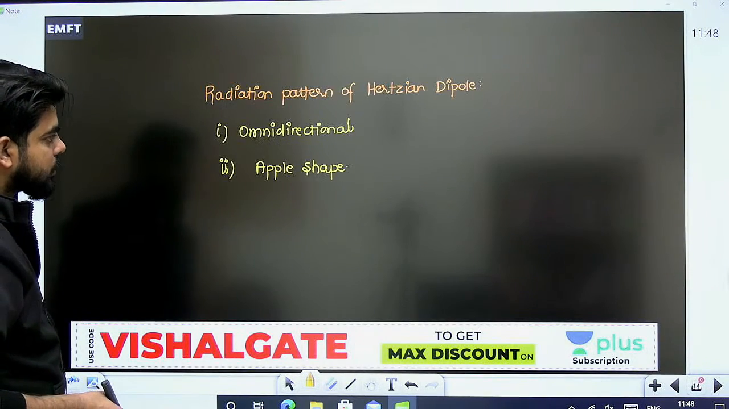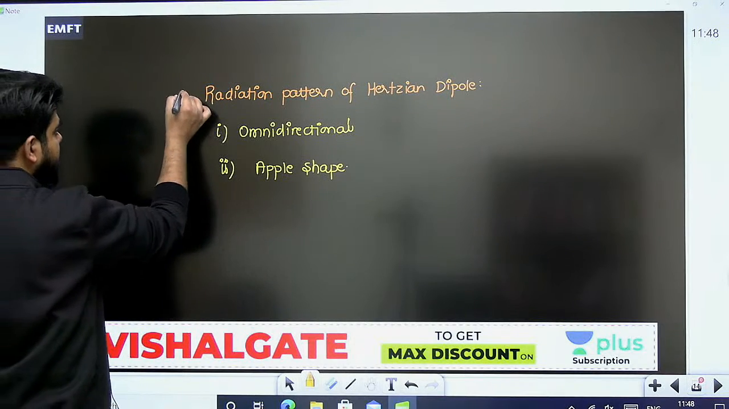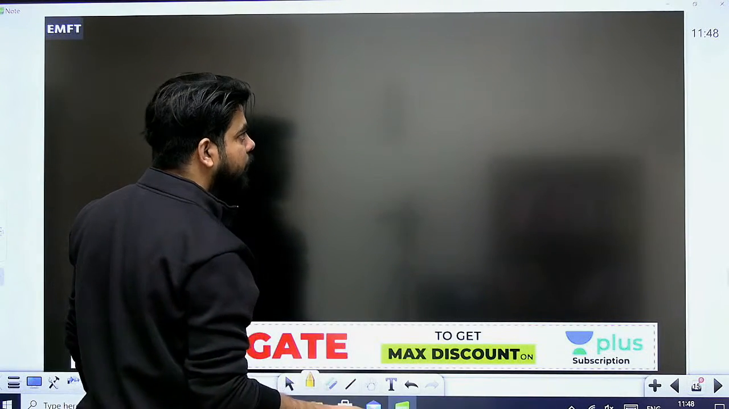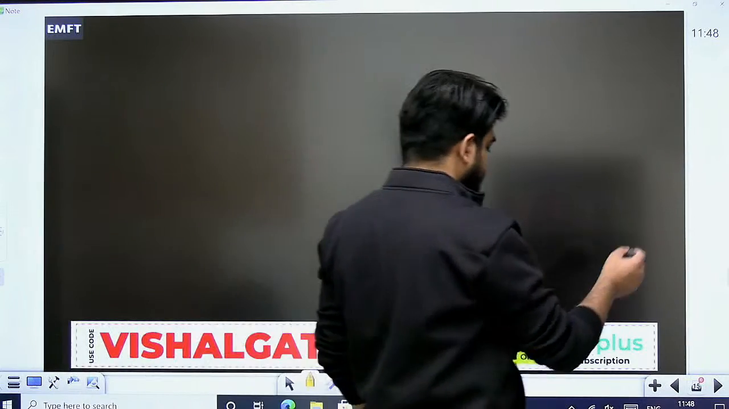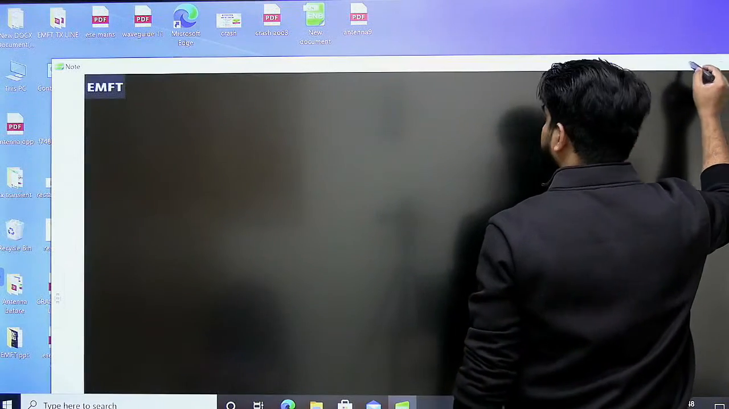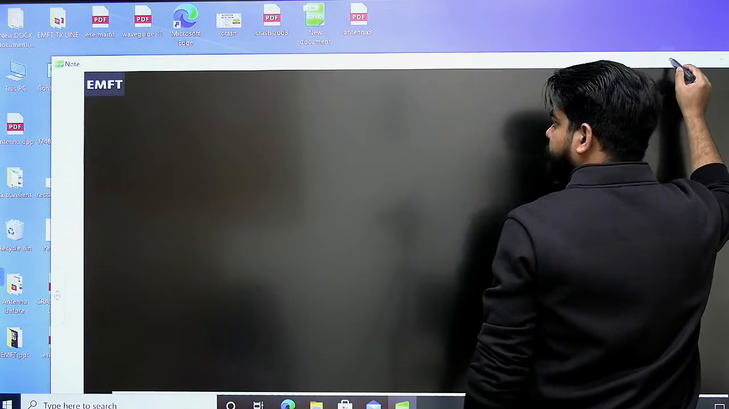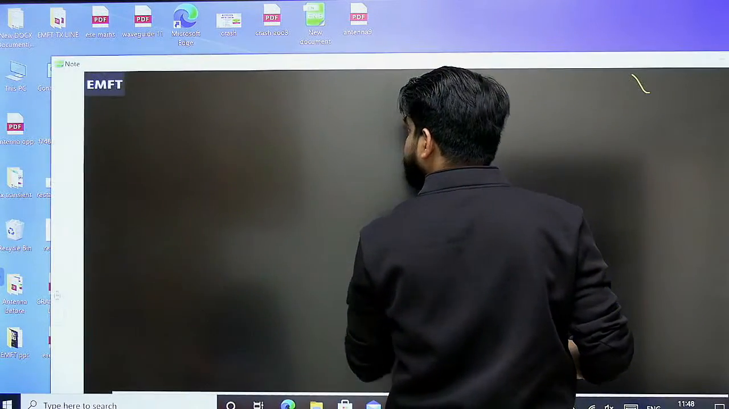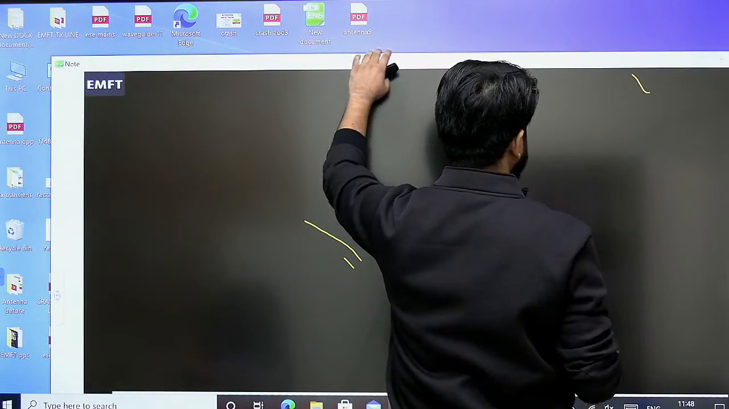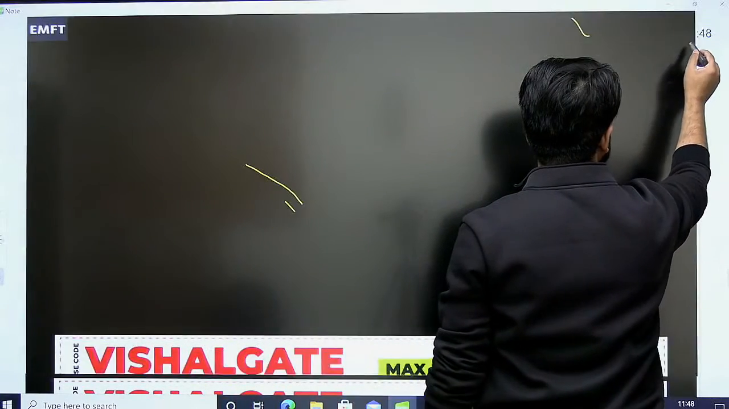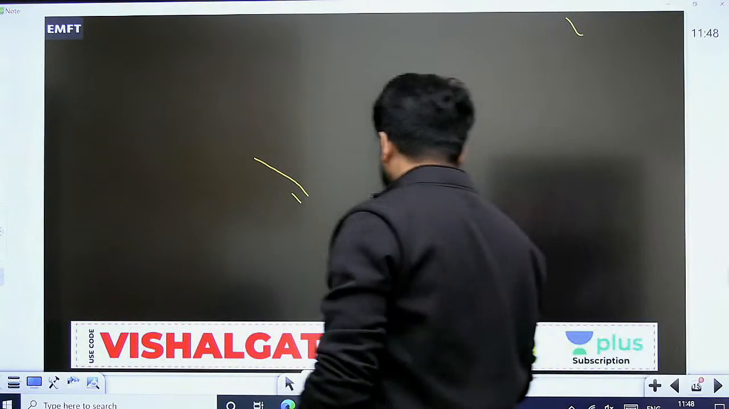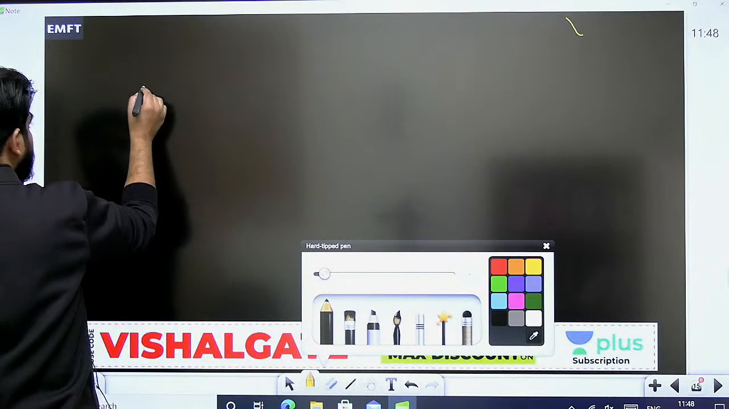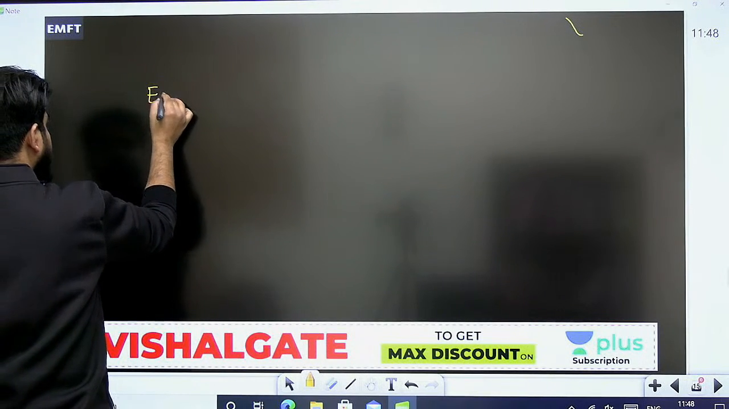Okay, fine। So after the radiation pattern of the Hertzian dipole, there is another discussion which I would like to give you, that is... चलो देखो अगला जो डिस्कशन है।